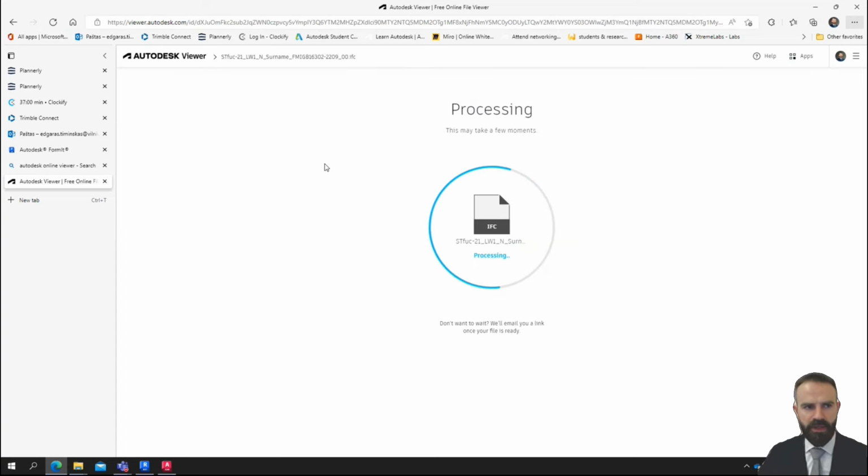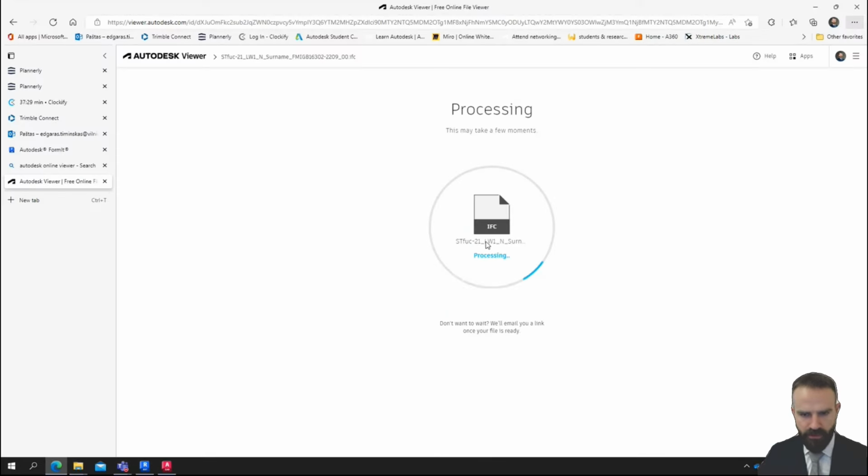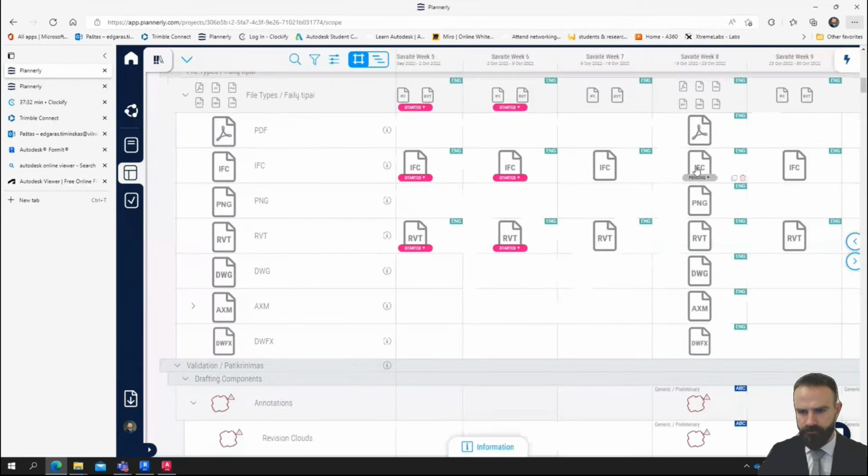So it means you don't need to have any application, any program to install. It's free, Autodesk Viewer online. You just drag and drop the file and it will show you the file. I think you need to connect to your Autodesk account, but in some cases, maybe it just works, just drag and drop. And now it's processing the file, so it can take a little bit of time, so we can jump back here. Okay, so regarding IFC file, done, Revit done,